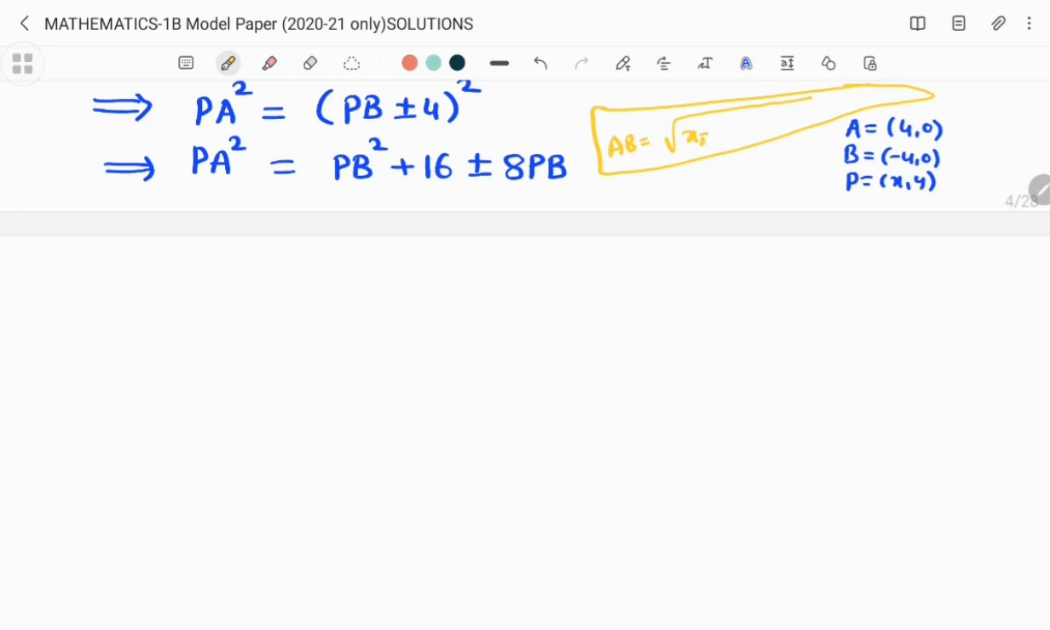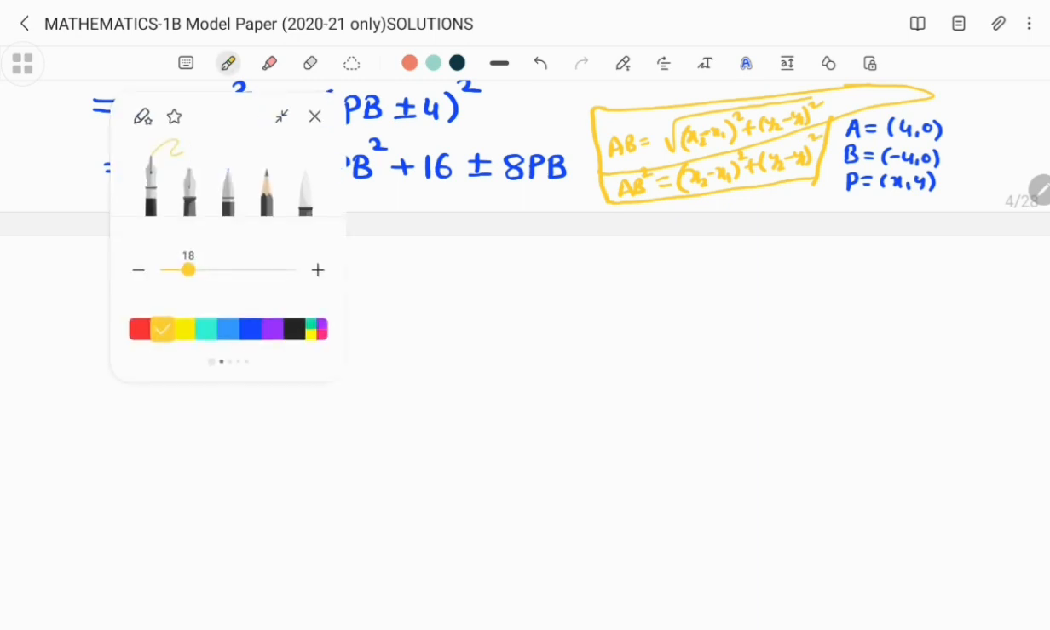Root of (x2 minus x1) whole square plus (y2 minus y1) whole square. Suppose you are writing AB square, then the root will not be there. So it is (x2 minus x1) whole square plus (y2 minus y1) whole square. So based on that,